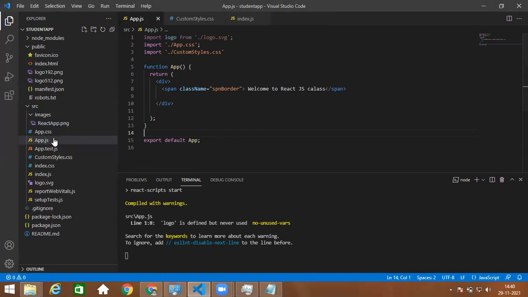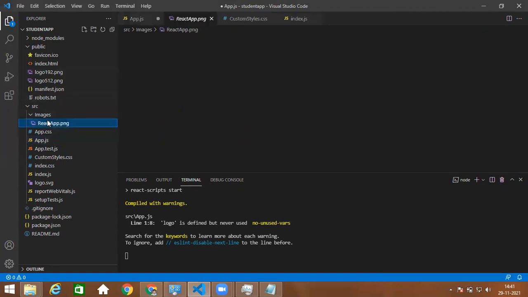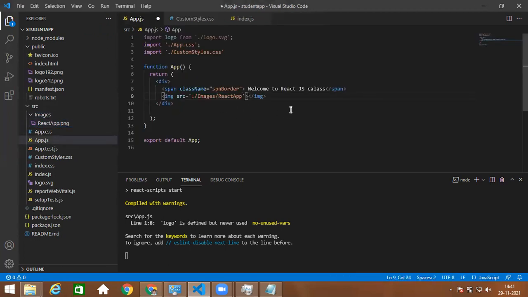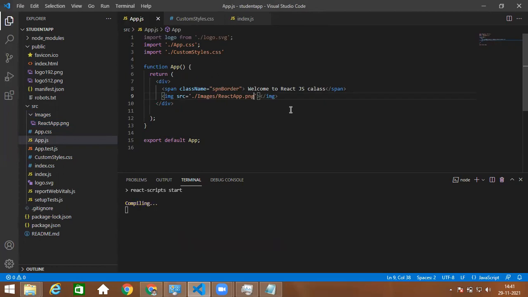Once you are done with this, you want to bring that image here, right? So how will you add it? You will add one image element. Whenever you are adding an image HTML element, you have to give the source. If you give a path something like dot slash images slash, and try to give this react app.png, let us see how it will appear